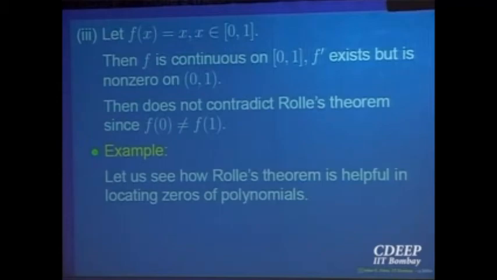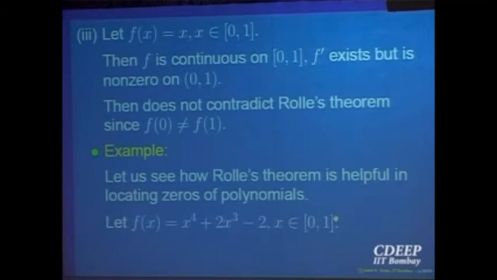There is no algorithm known for finding roots of such polynomials. So when you cannot find exact roots, at least you would like to say that there is a root in some interval. You will try to locate some interval on the line where there is a root, possibly between 1 and 2, between 2 and 3. Once you cannot find something, at least try to approximate. Natural thing. So this theorem helps you to do that.